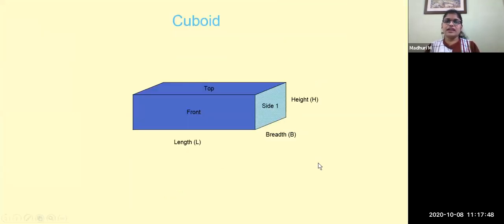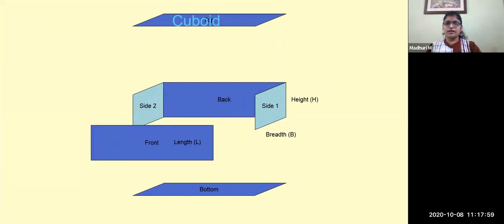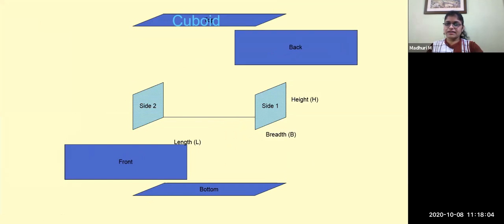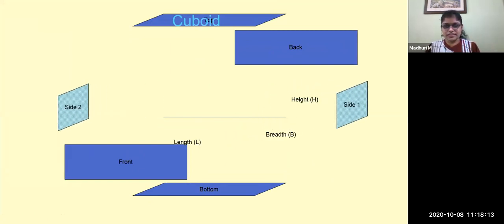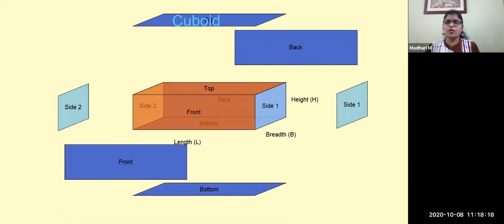Once again, we can take another 3D view of a cuboid. So as you can see, the top moves up, and then we can check the bottom is the second one, third is the front rectangle, fifth is the back rectangle, and those are the 2 sides. Those are also in the shape of rectangle. So thus you see, those are total 6 faces, right students? And that makes a cuboid with the front view, the side view, and the top view.